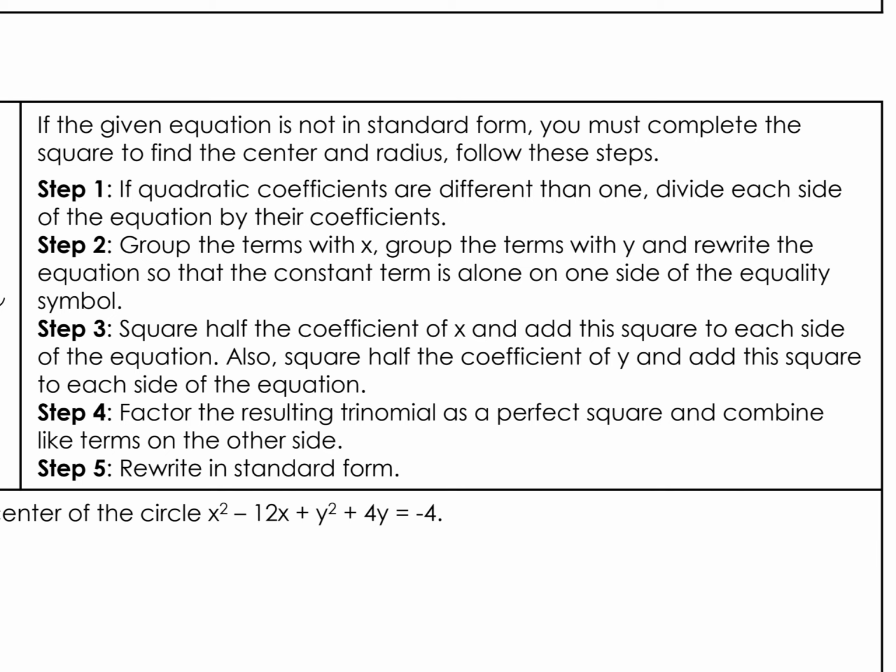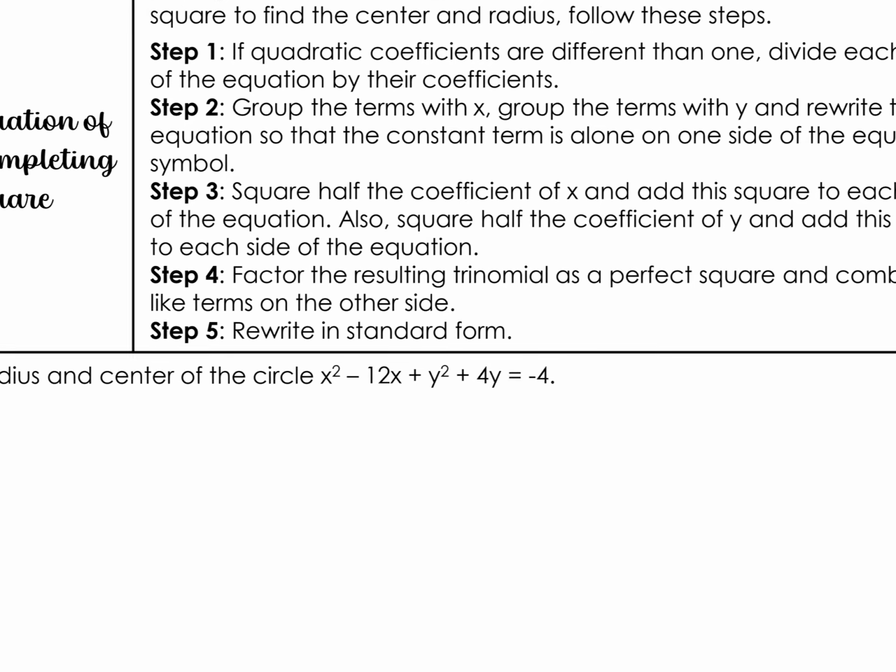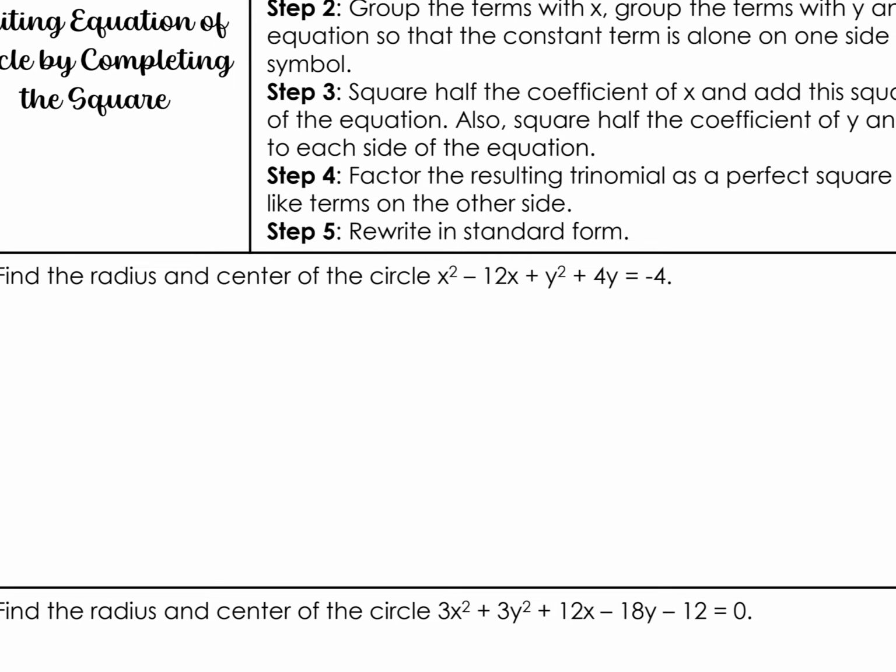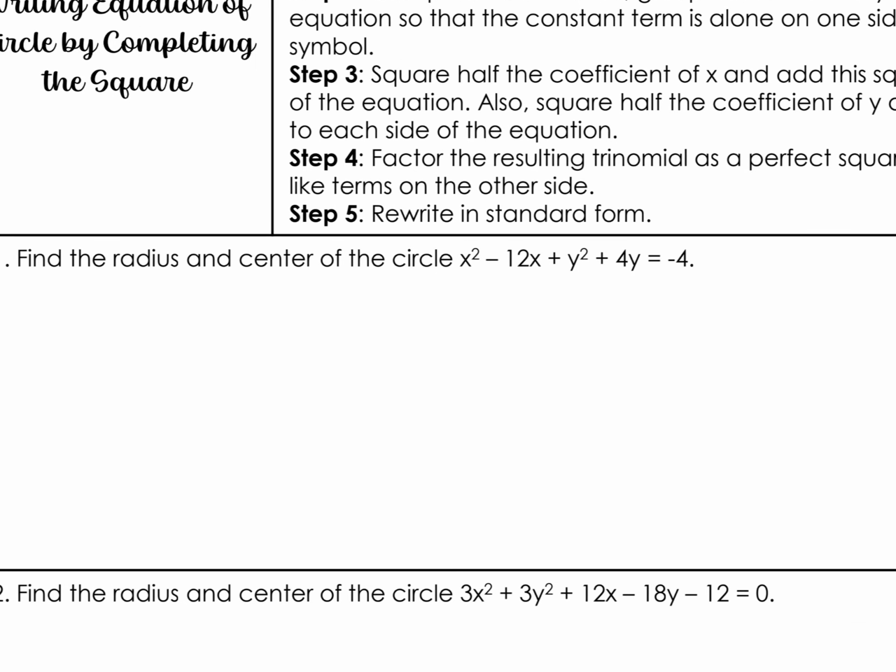Step 4 is telling us to factor the resulting trinomial as a perfect square and to combine like terms on the other side. Step 5 is to rewrite in standard form. So just making sure that you've got your x minus h squared plus y minus k squared is equal to your r squared. All right, let's look at number 1,